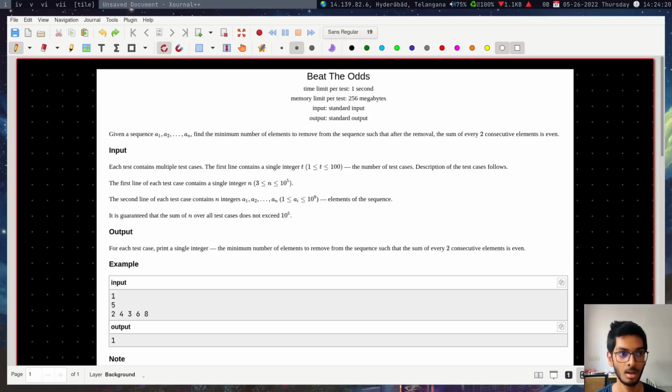Hi, we will be covering problem A that appeared in CodeCraft 2022, which is called Beat the Odds. We have been given a sequence of n integers and we have to create a new sequence from this initial sequence such that